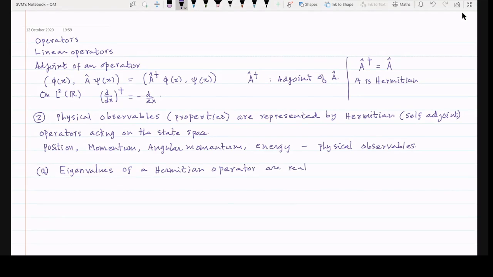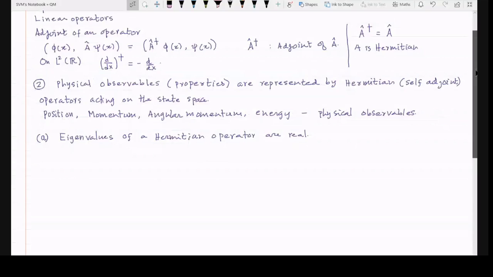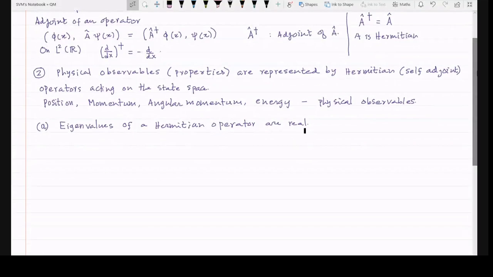I'm not going to prove this because the proof you can find in any textbook. So let me not spend time on giving you this proof, which is rather trivial from the basic definition. Then the next result is